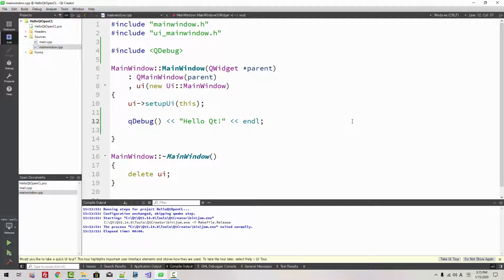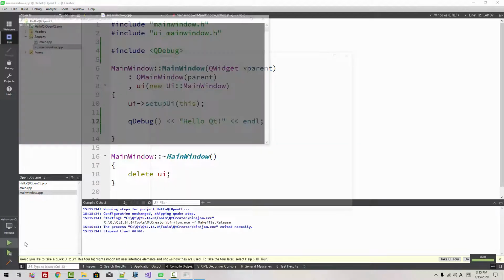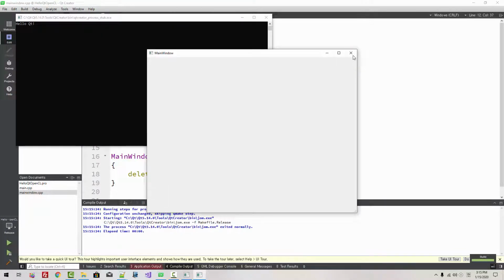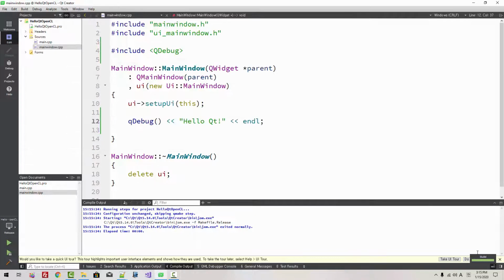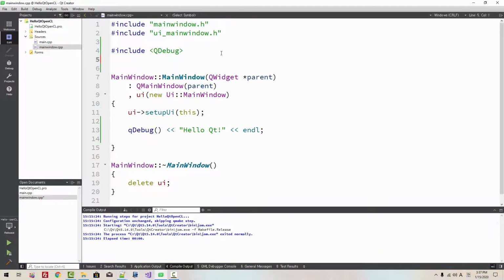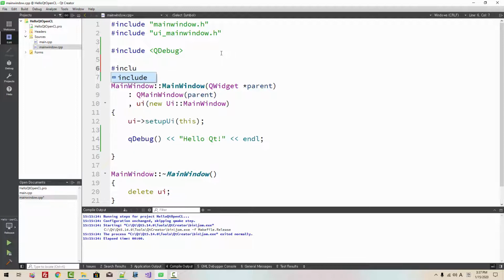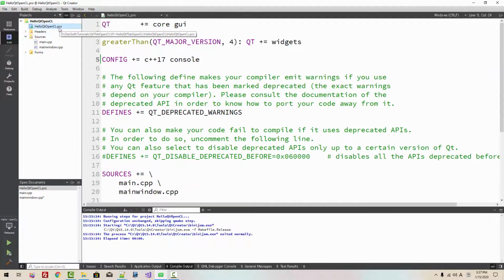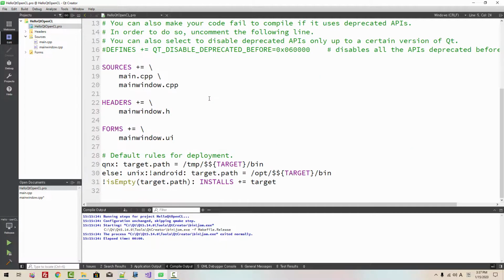Press F5 once again. Click this button. I will close it. Now here, include talk play fun output.hpp. It complains. So open this project file, scroll down, we create,